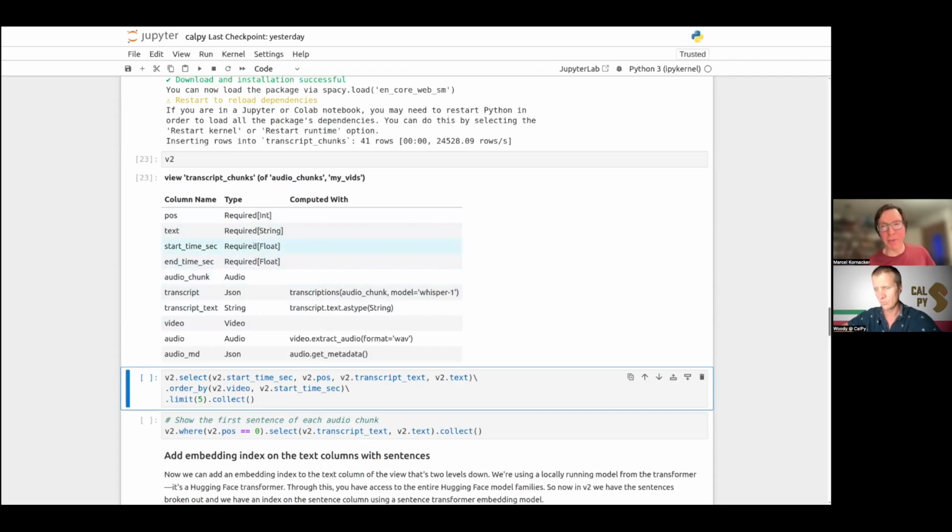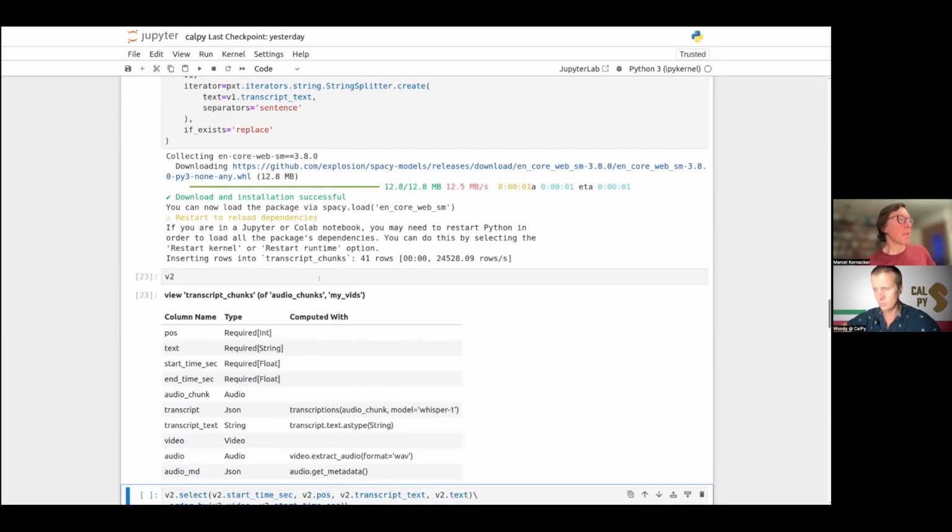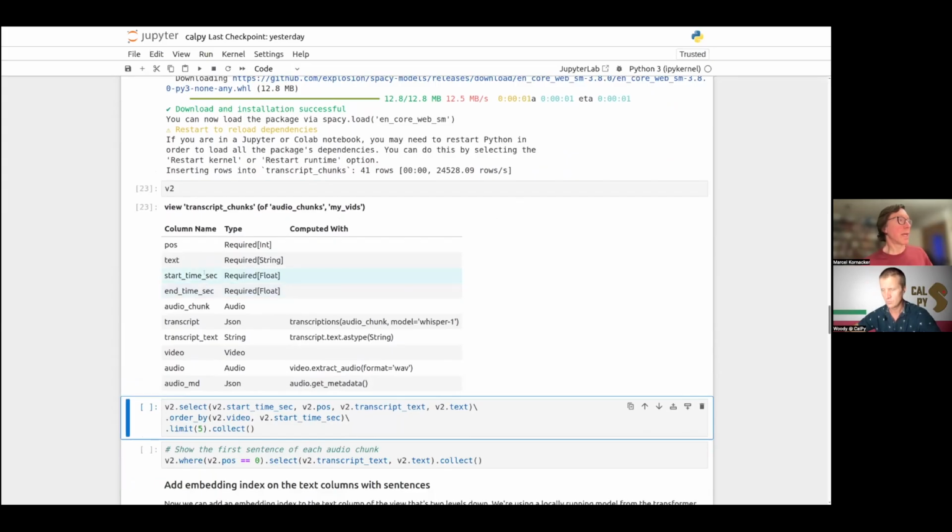Remember, v2, the transcript chunks view, is defined on the audio chunks view, and the audio chunks view contained these columns: start time, end time, audio chunk, etc. So you have access to these here as well. Again, there's an implicit join from the view to the table it is referencing.